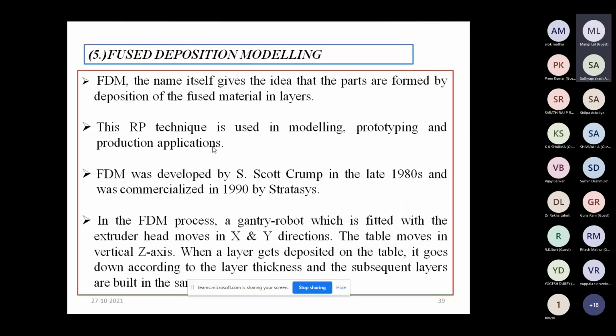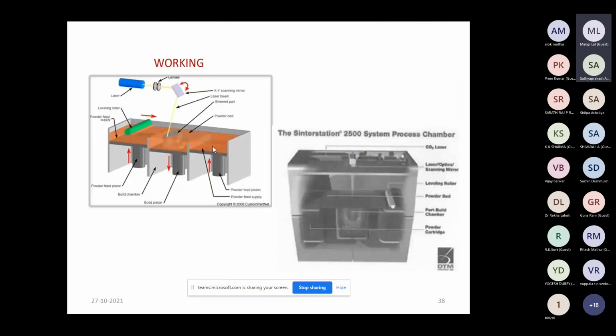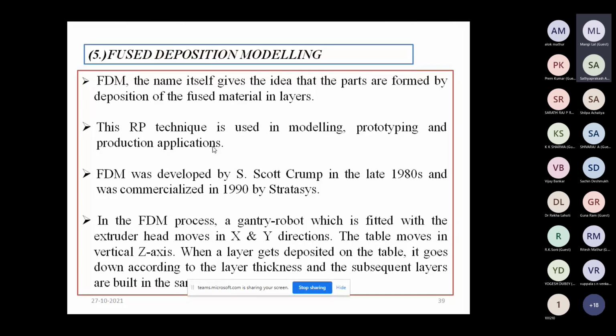Now the next most important process is fused deposition modeling. Fused deposition modeling is basically an extrusion based process.